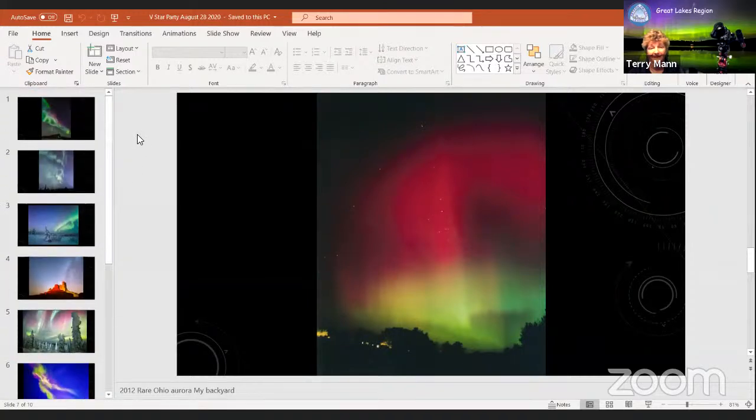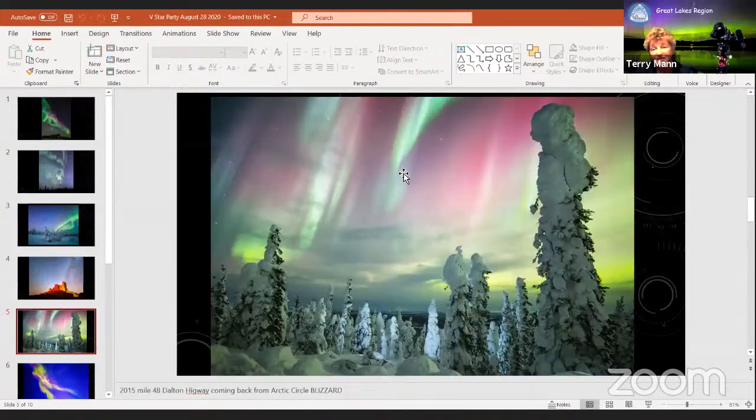Beautiful. Yeah. What is your favorite, Terry? Thanks, Scott. Yeah. What is your favorite image? My favorite image, I call this mile 48 because I have so many memories from that